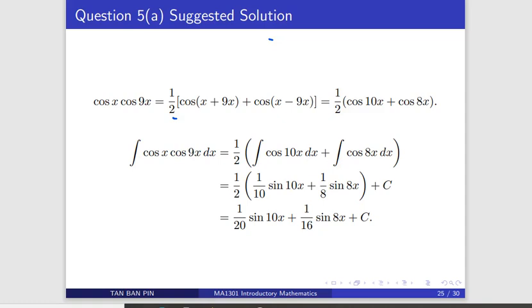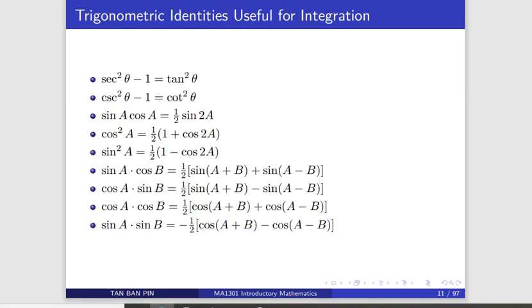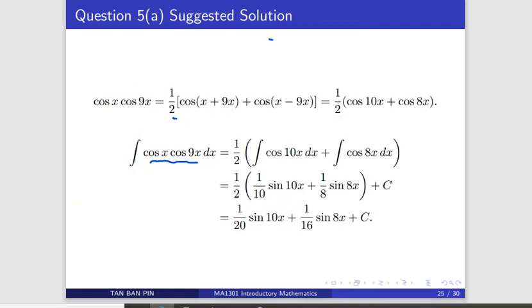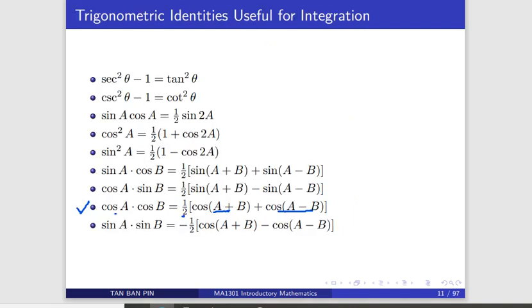In this question, we want to integrate cosine x cosine 9x dx. And since we have a product of two cosine terms, you think of this formula: cosine A cosine B is half of cosine A plus B plus cosine A minus B. So if you take A to be x, B to be 9x, and apply the formula,